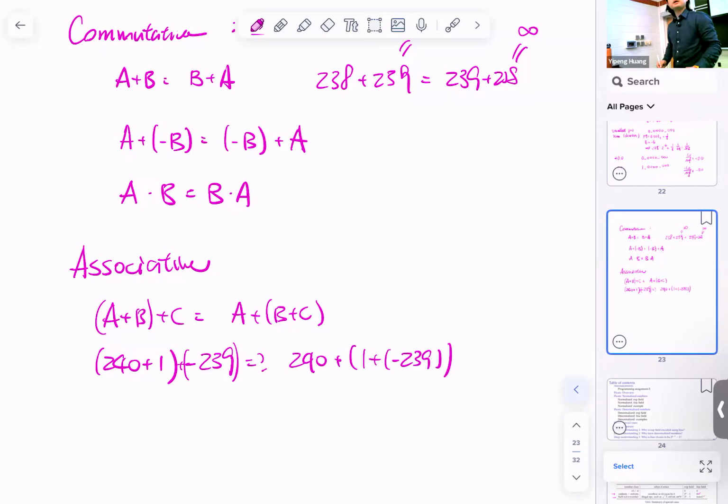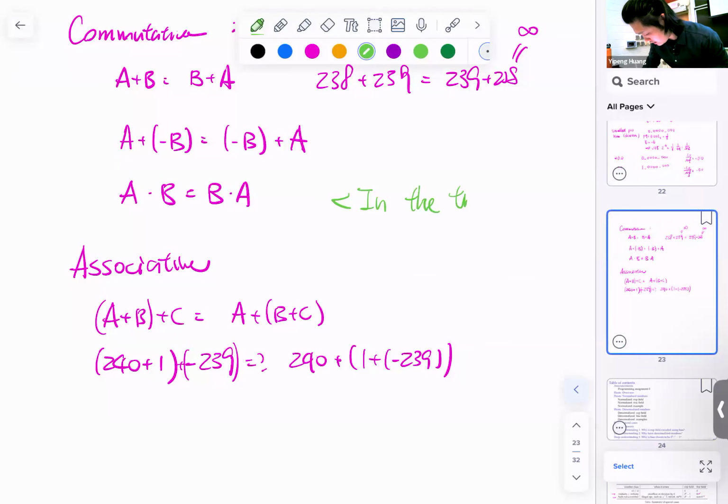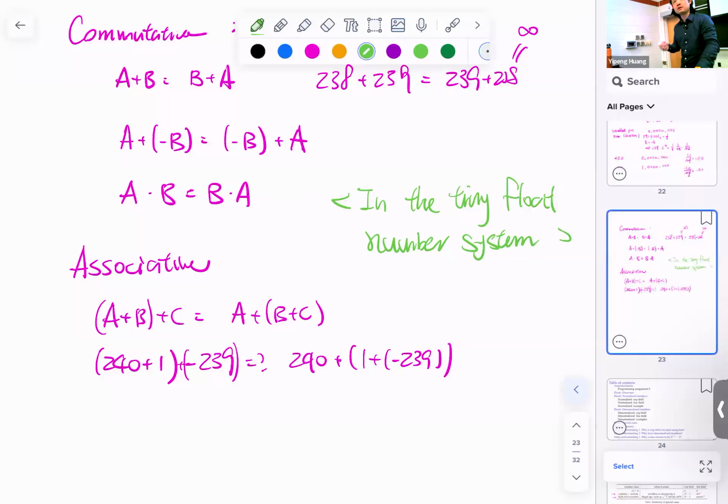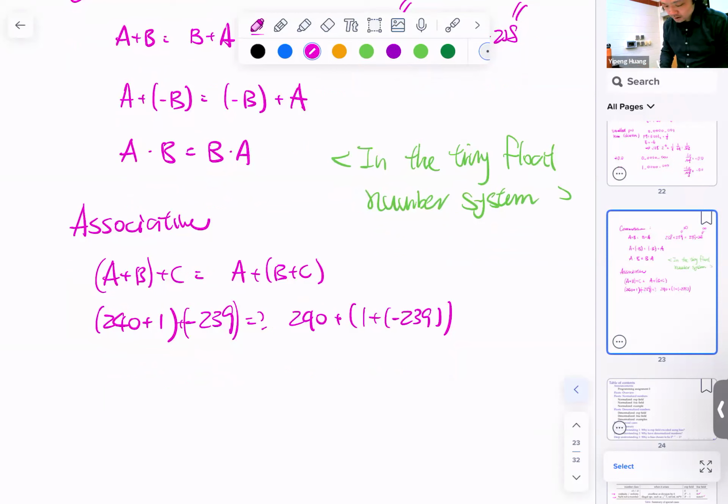Okay, good setup, right? Again, I should make an important note so that people reading the slides make sense. In the tiny float number system, assuming we're carrying from the last couple pages, we're still in this 8-bit tiny float setting. The biggest number we can represent is 240. Anything beyond is infinity. What will this number system do to do the most sensible thing? So 240 plus 1, that goes to infinity,